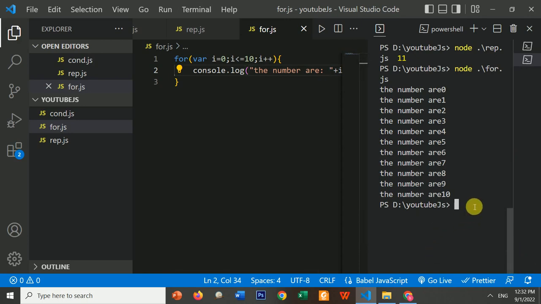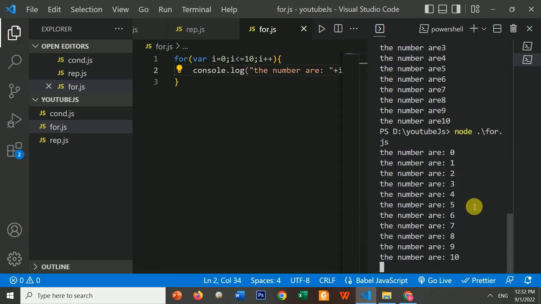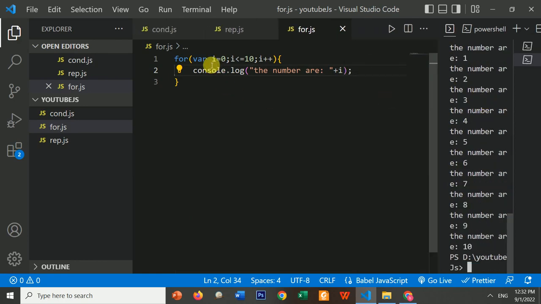I put the condition. The way this code works is that first it will initialize a variable to be 0. I have initialized here, i starts from 0. Then it will check the condition, right? So this condition is true. If it is true, it will execute the whole statement inside the curly brace. So it will display the number is